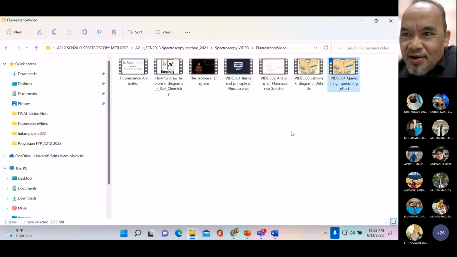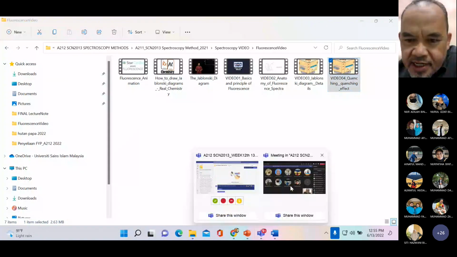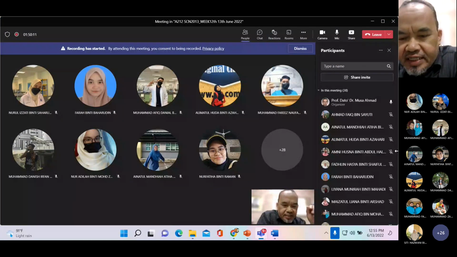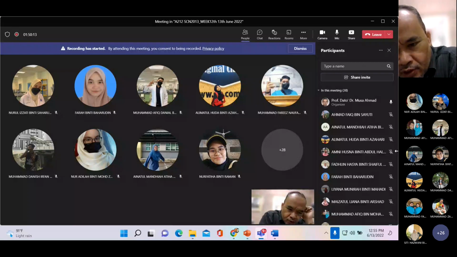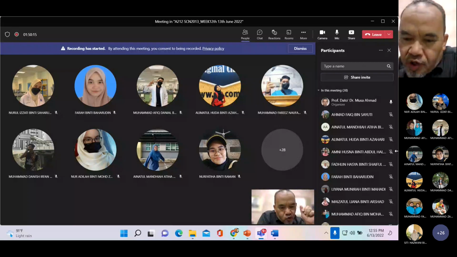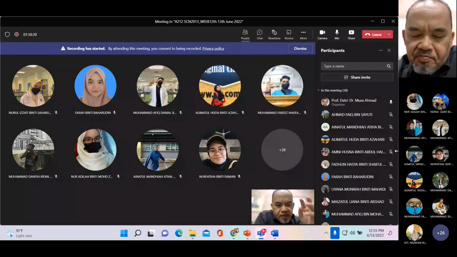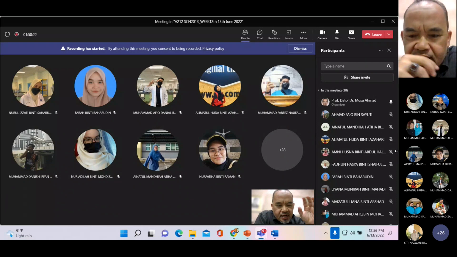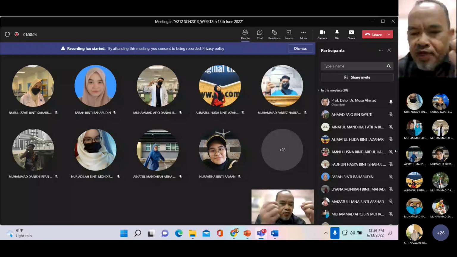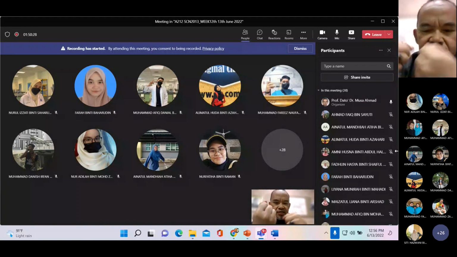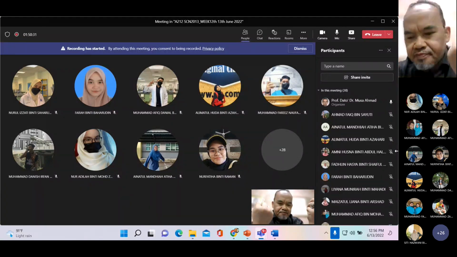Alright, okay, from this video, basically you can differentiate different types of quenching. And quenching is basically a phenomenon that occurs during fluorescence that reduces the fluorescent intensity. Okay, so just now they mentioned the concentration quenching. Concentration maknanya kalau larutan tu terlalu pekat. Seperti you prepare quinine tu kan pekat sangat. Okay, so dia akan ada self quenching because bila pekat sangat, there are too many molecules that are going to collide with each other, and during the collision tu energy will be wasted.